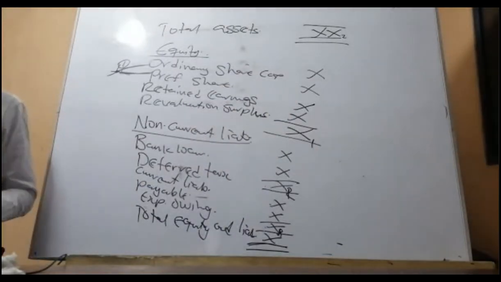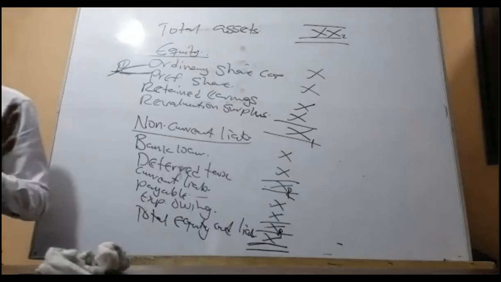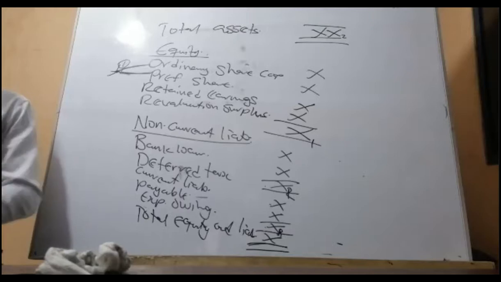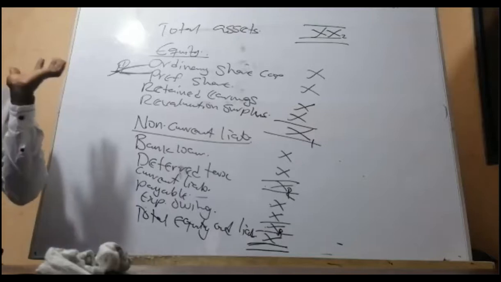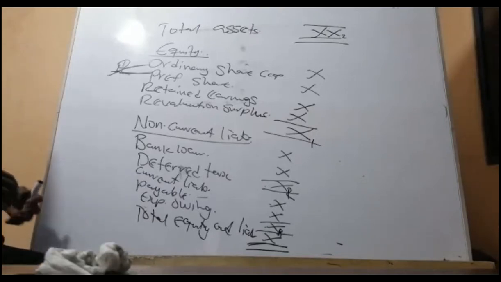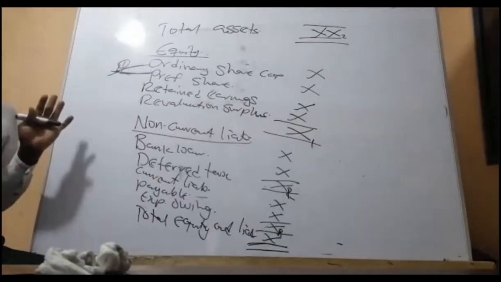And we're going to take our first question. Now, I hope you know the game, right? And the rule for the class: if I do one, you do one. So now I'll pick a question. The question that we are going to solve has no footnote and no adjustments. So they'll give you a trial balance. So you are going to recast the trial balance into what? Profit and loss and balance sheet. It must balance.